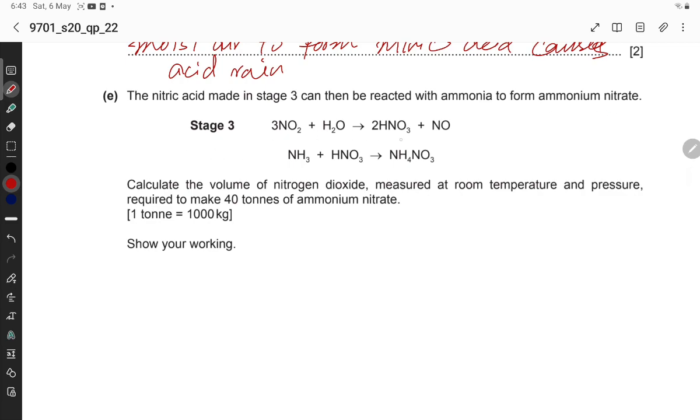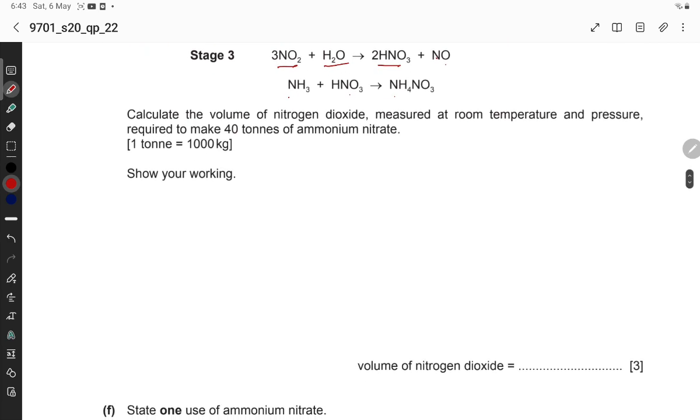Stage 3: nitrogen dioxide and water form nitric acid and nitrogen monoxide. And ammonia reacts with nitric acid to form ammonium nitrate. Calculate the volume of nitrogen dioxide, measured at room temperature and pressure, required to make 40 tons of ammonium nitrate. Moles of ammonium nitrate